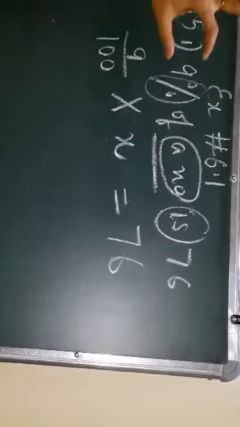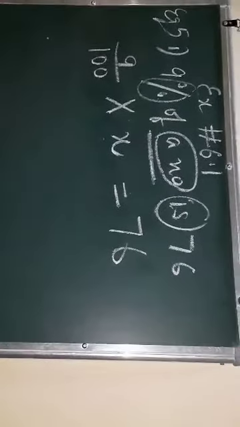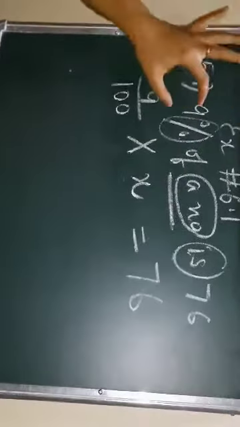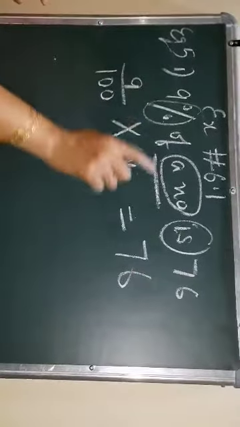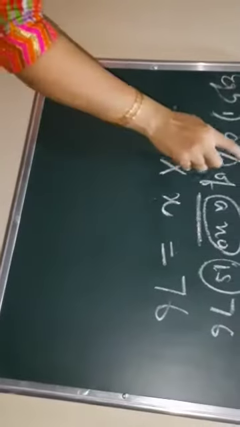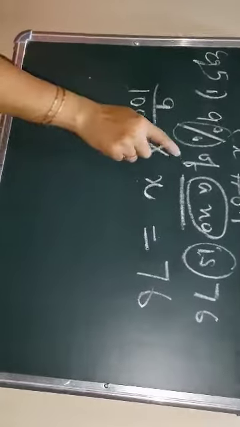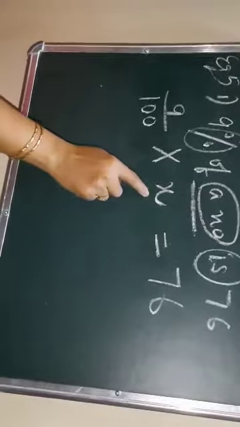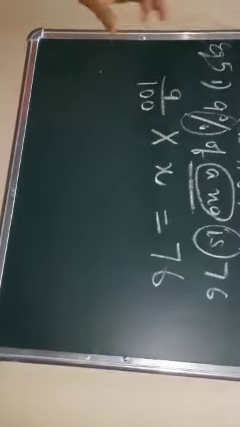Again I am repeating. First I have written very carefully what is written in the question. 9% of a number is 76. Find the number. किसी भी नंबर का 9% 76 है, तो बताओ वो नंबर क्या है। What we are doing, we are just converting this English statement into mathematical form now. For that we have written 9% as 9 upon 100. Of means multiply a number. We don't know this number, so we have taken this number as x. Is means equal to 76. Now we have to find x.